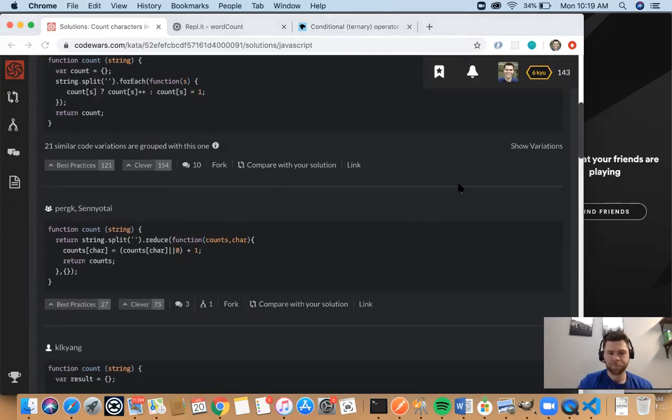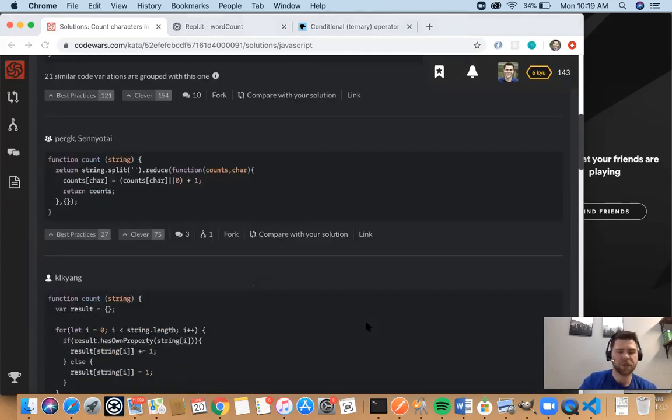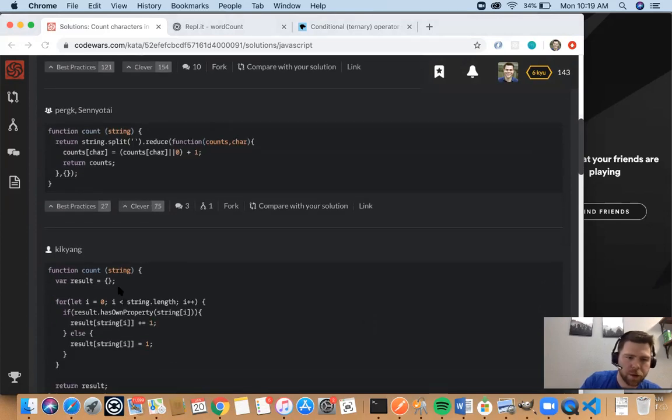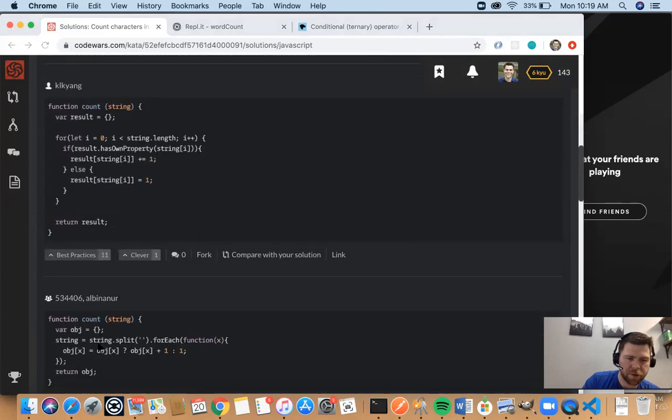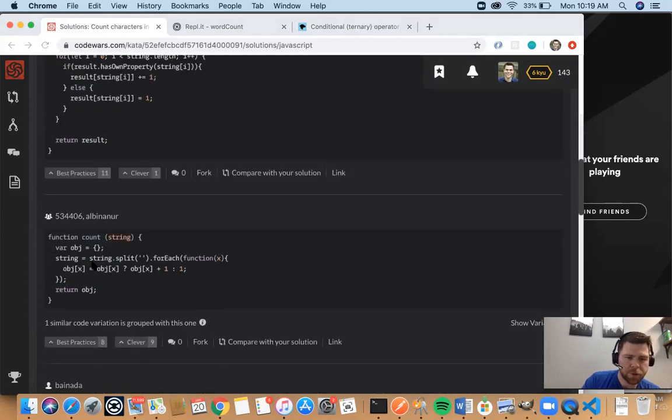Well, let's see if there's anything here that I'm like, what did he or she do that was weird? Result has own property. Huh. Okay. Yeah, I don't know. I'm not a big fan of that, just from reading it. String split for each, definitely a little bit simpler than running a loop.